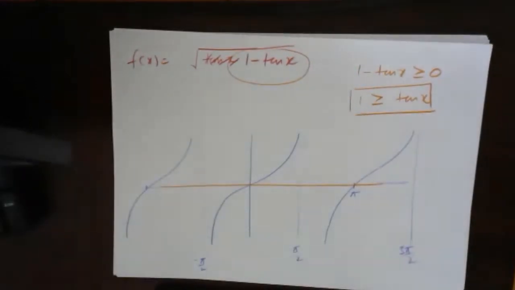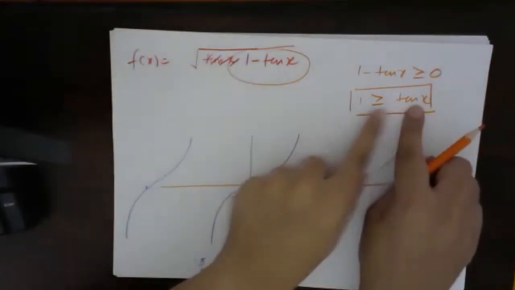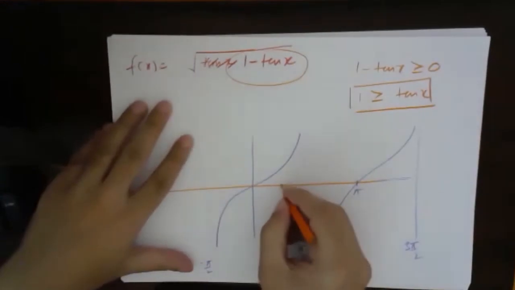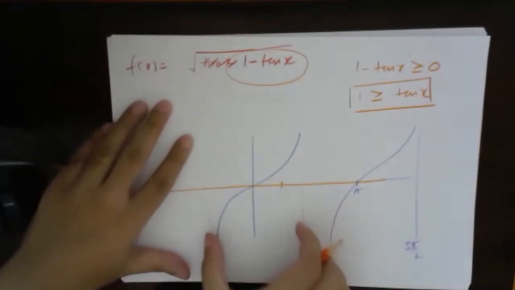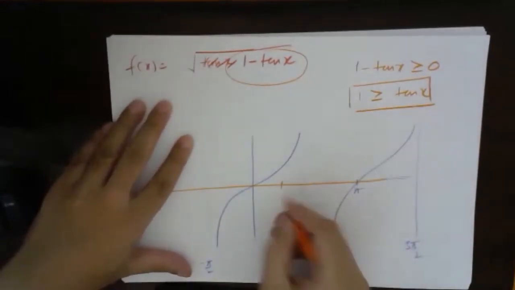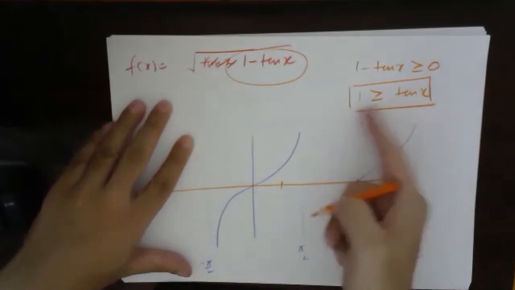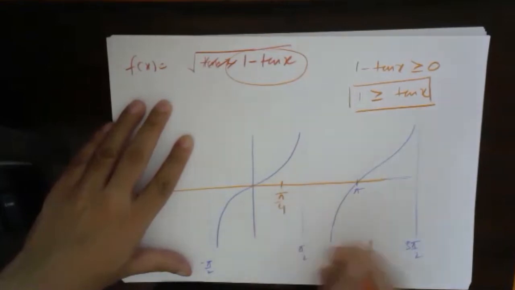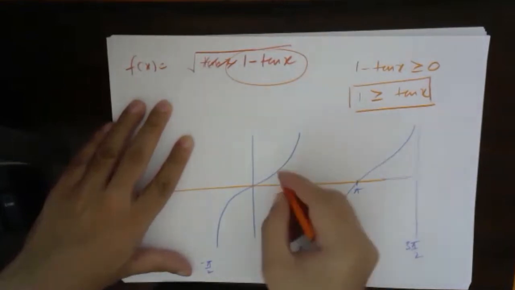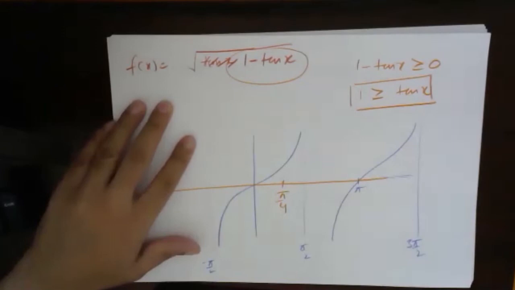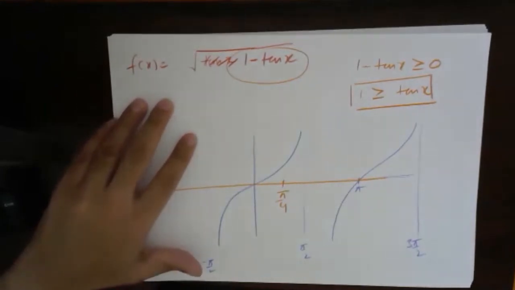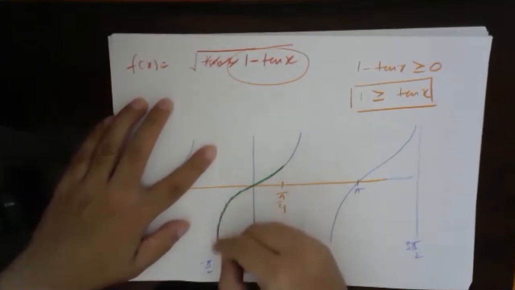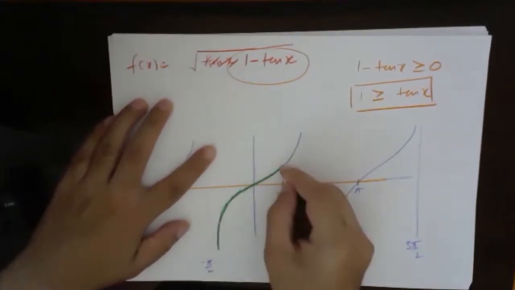So now see, tan x should be less than or equal to 1. So what I will do, I will first mark, within the principal part, the value where tan x is equal to 1. So what is that value? This is pi by 4, midway of this, right? So pi by 4. So which values of tan can it take? It can take all the values of tan from here till here. Everything is less than 1. So from here till here.